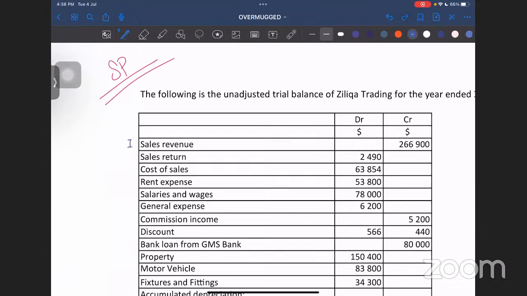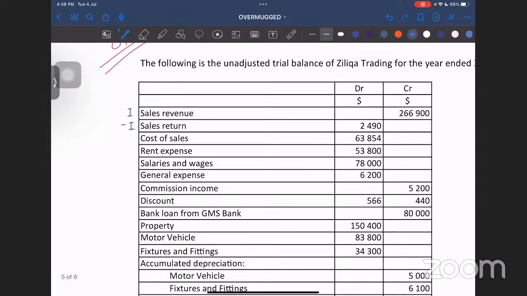Income, contra income. So you all need to know what elements these items are. It will also come in useful when you are doing your trial balance. Because in the trial balance, you need to know whether I put it on the DR side or CR side. So you need to know. Okay. Cost of sale, expense, rent, expense,